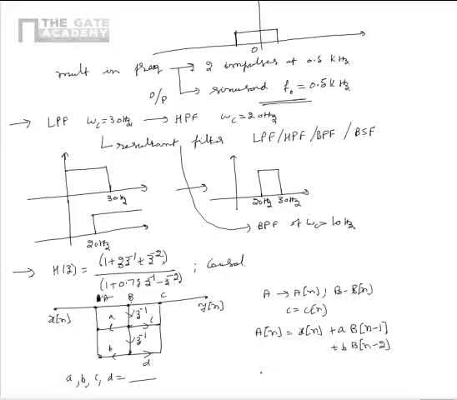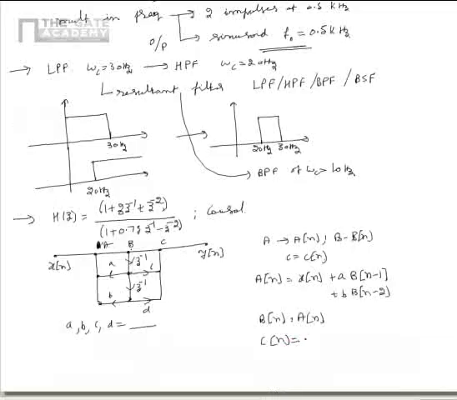Also we know that the signal B of n can be written as A of n. Similarly, C of n can be written as B of n plus C into B of n minus 1 plus D into B of n minus 2. From this we see that the output Y of n is equal to C of n, which is equal to,